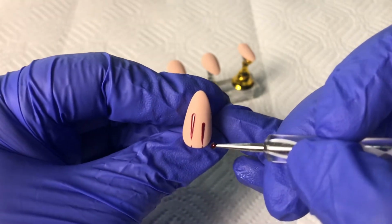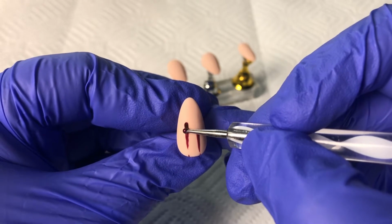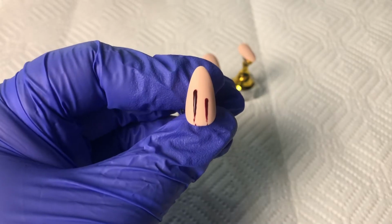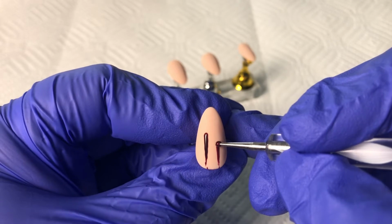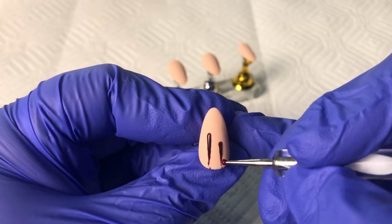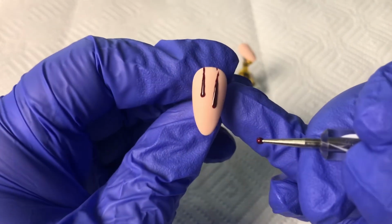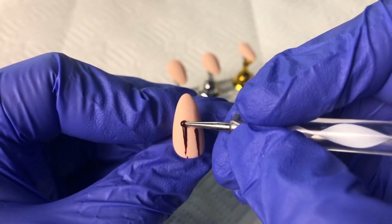I just found that it was easiest to start the drip from the actual circle part of the drip and then drag it down, because I want to get this cool teardrop shape where it's bigger at the bottom and then skinnier as it goes up. And then I'm just adding extra polish on top because I want it to look like actual, I mean, not actual blood, that's kind of gross, but you know, like actual stuff is dripping and